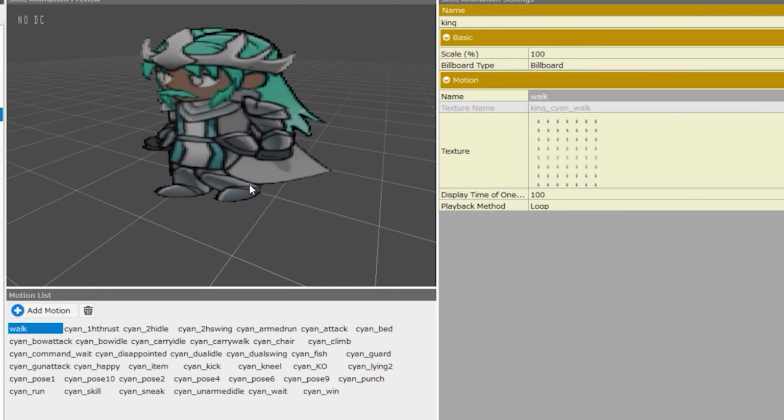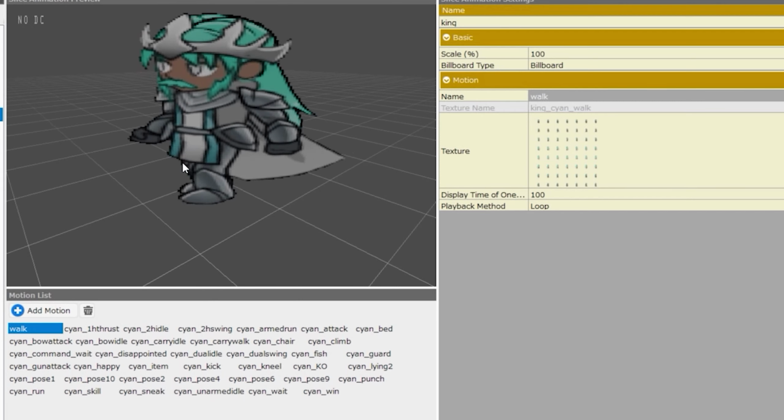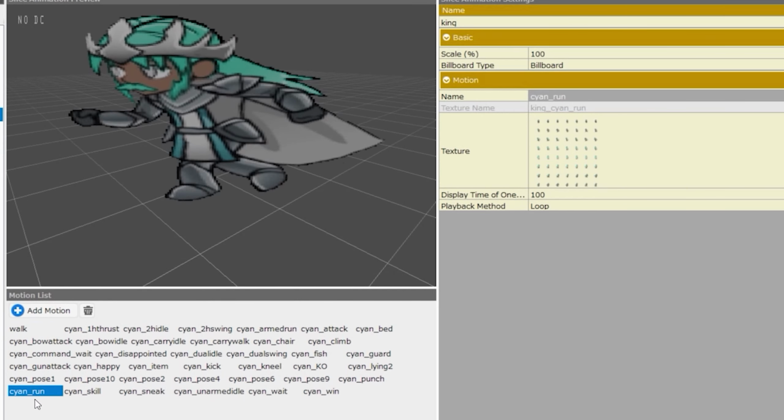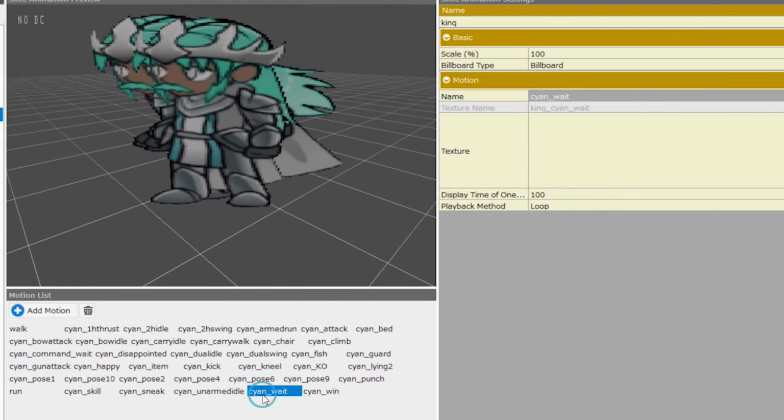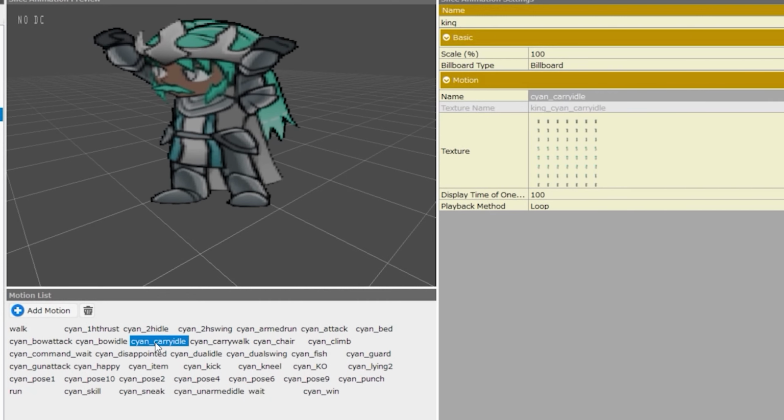Okay, now whenever our character walks on the map, Bakin will automatically point to this animation and it will look natural as it's using the actual walk animation for our character. Let's go ahead and rename Cyan run to just run and Cyan wait to just wait. You can rename whatever else you like here. The animations include a